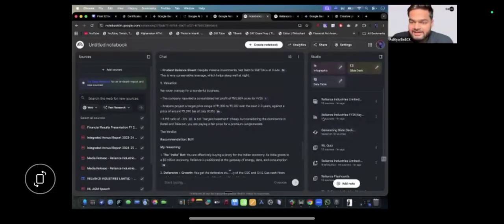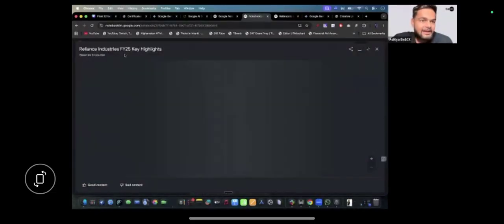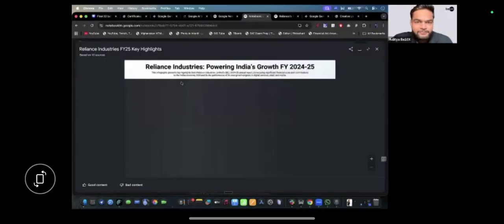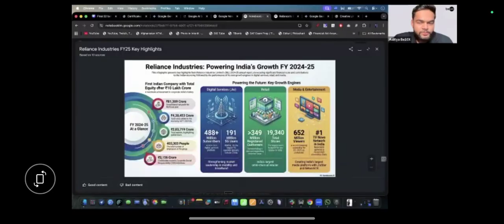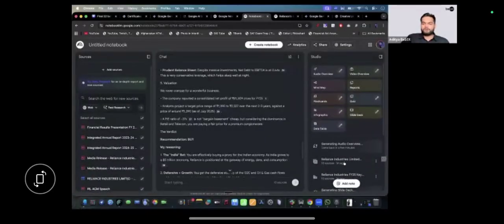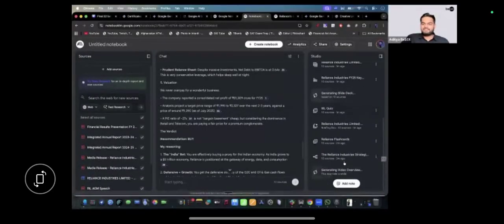Not only that, folks, right now we have our infographic ready in front of us as well, right? So can you see, from all these 10 documents, it has created this beautiful infographic. Who is absolutely mind blown? It has created this infographic out of all the 10 documents that you uploaded, and all of these things it did in just a matter of 1 minute.